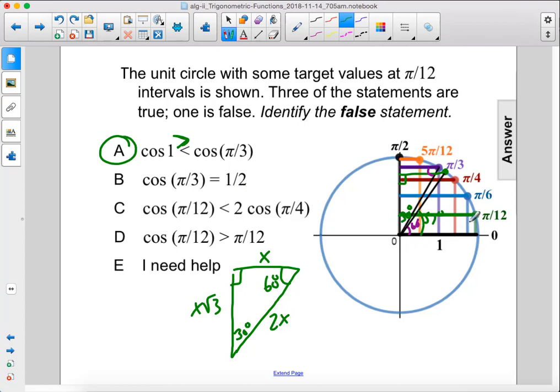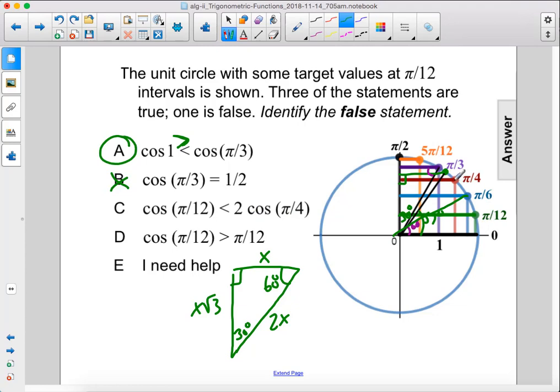This also explains why the sine value of pi over 6 is 1/2, because sine of 30 degrees is also going to be x over 2x, which is 1/2. So this is true. Cosine of pi over 12, so this green line here, is less than 2 times cosine